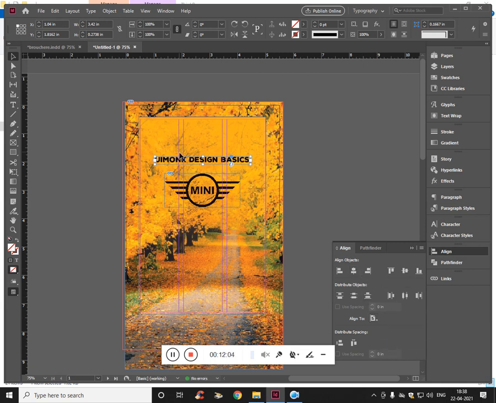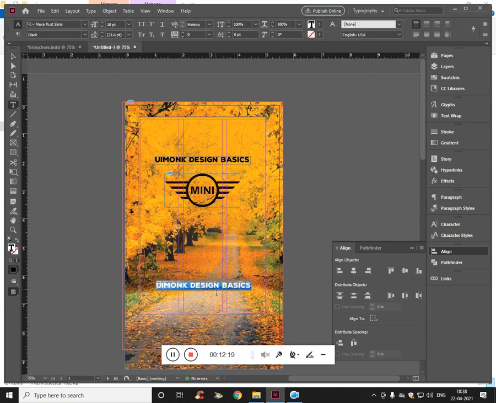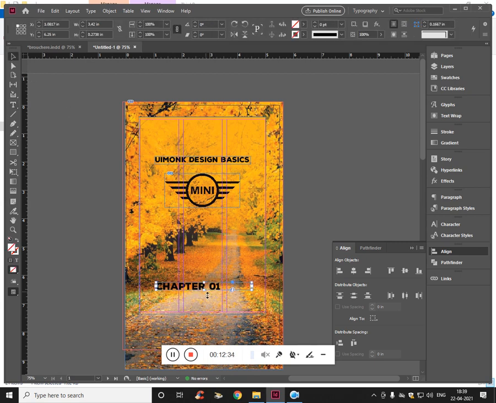Now we just have to copy and paste this and add the text chapter 1. Now if you select all, increase the font size. Before that we have to get the outline straight. Select all again, increase the font size.